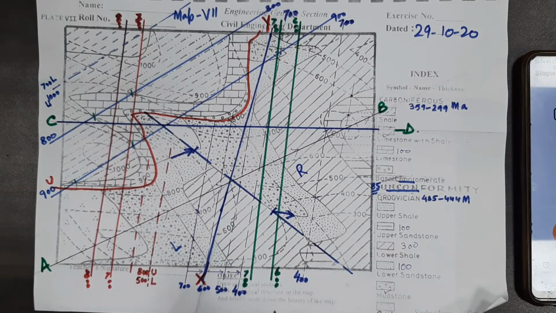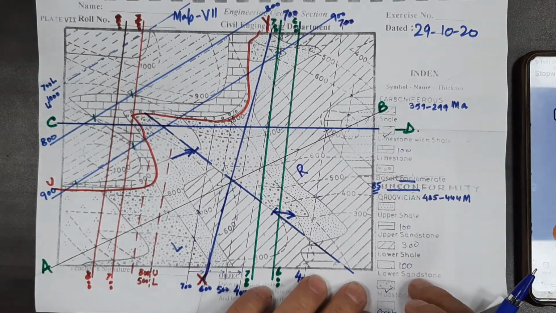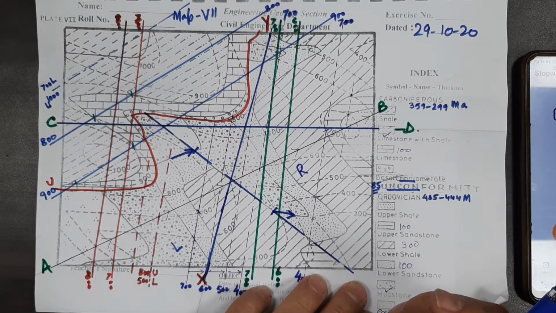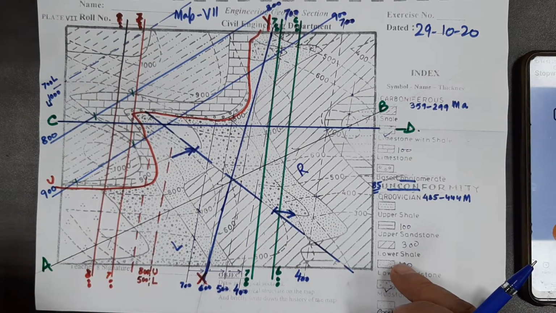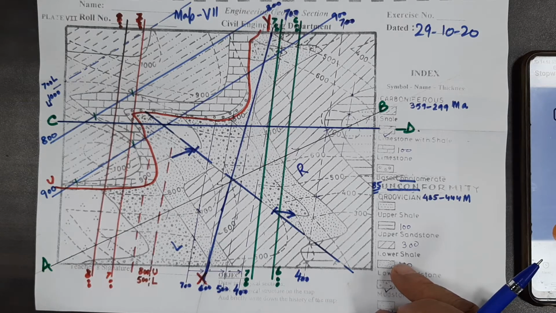Now here, before solving this map, let me explain the thickness of mudstone. This is similar to what we did in map number 5, where there was a very thick sandstone, 400 meters thick, and we were not getting any common strike line that could cut both contacts. So in the previous map we projected the upper contact over the lower contact, or vice versa. I will explain here how to get the thickness of any rock.